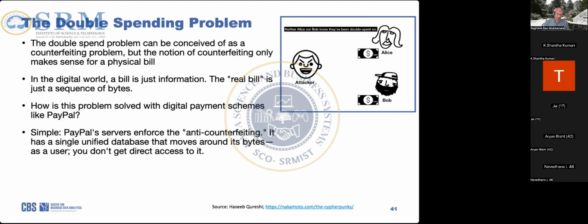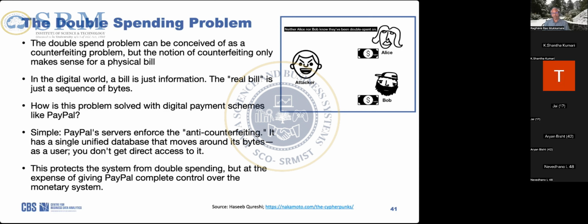So what PayPal does is it has the servers, and they do anti-counterfeiting, right? So they will keep track of which digital assets have been used and things like that. So they have a centralized system which will make sure that this anti-counterfeit enforcement happens. That means people don't spend the same money two times, or you can say people don't double spend